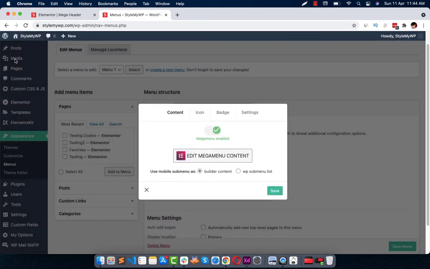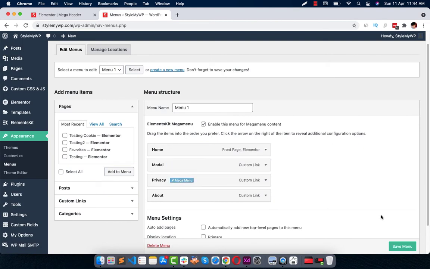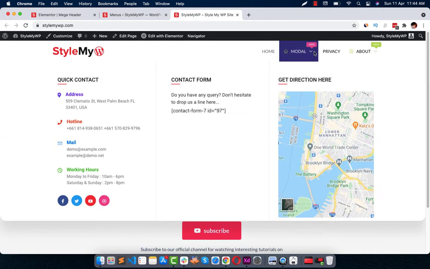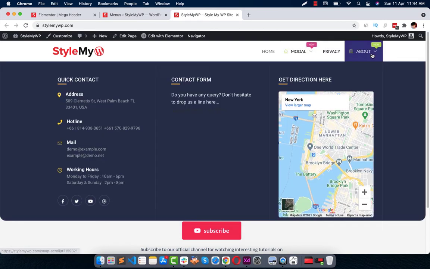And now you can just click on this and save it, and then close this button and save the menu. And when you go to website, you can see that we have this nice mega menu right here. We didn't have contact form 7, so it is just reverting the shortcode cells. You can possibly import any Elementor form as well right here just by re-editing that mega menu, so it looks very good, right?